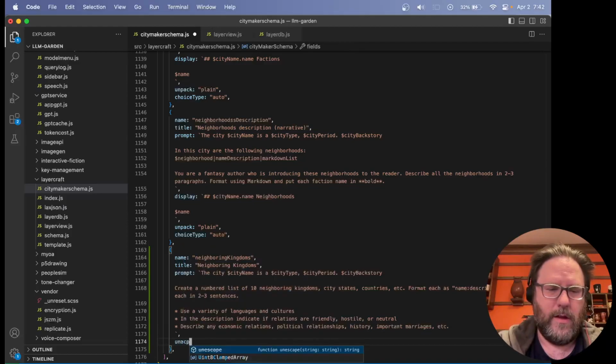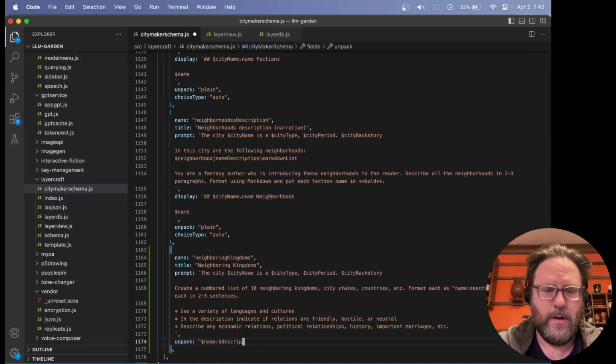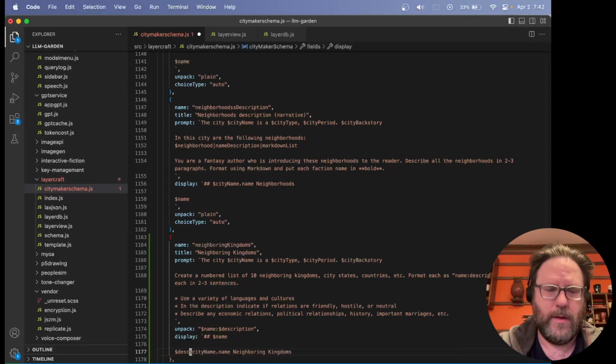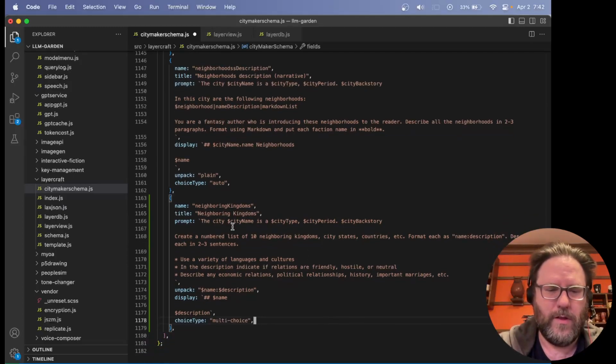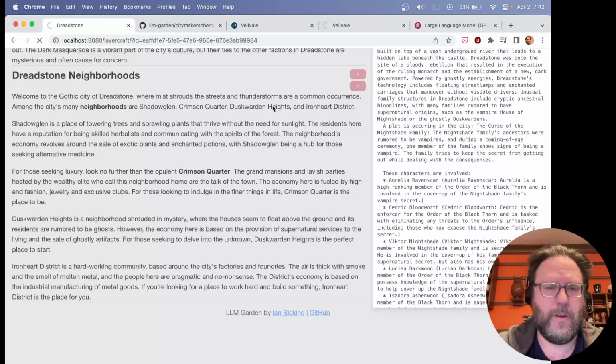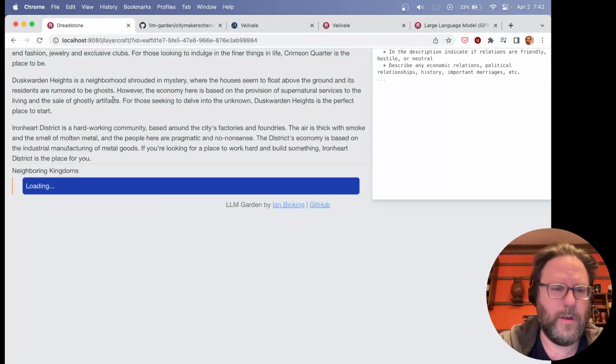And we're going to say we expect a name description output. And we'll just say this is just what gets shown in the UI itself. And you're going to be able to have multiple ones, and that should be about it. So now when I go back, it's going to reload this with the new code, and it's already going to start filling this in. So let's see what it comes up with.